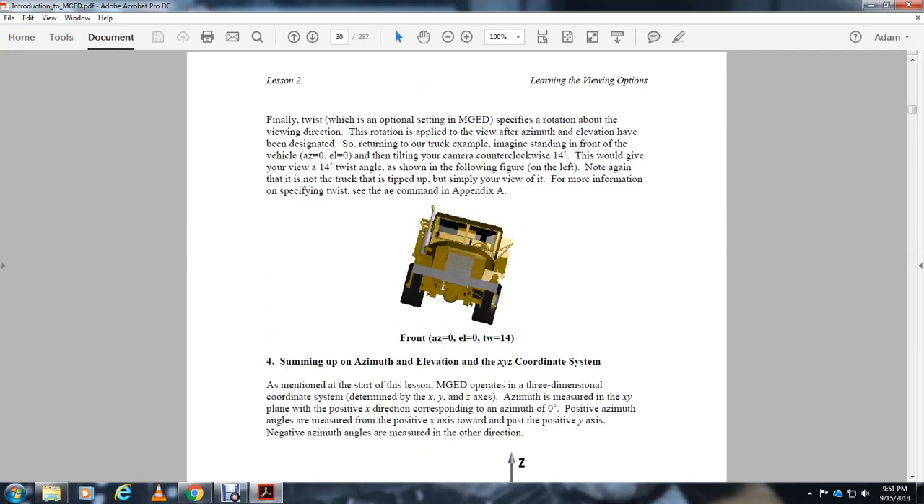Summing up the azimuth elevation of the XY coordinate system mentioned with the start of the mission, MGD operates with the three-dimensional coordinate system to determine the X, Y, and Z axes. The azimuth is measured in the XY plane with the power of the X direction. Azimuth 0 is the degree of the azimuth angle measured from the X axis